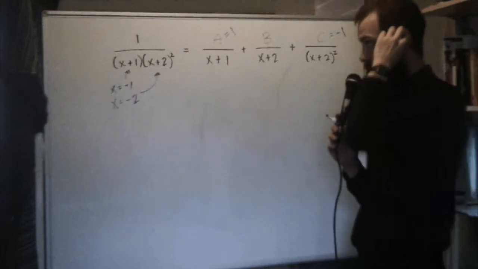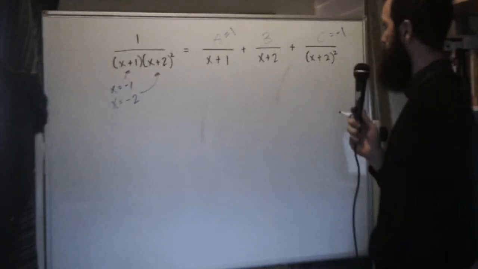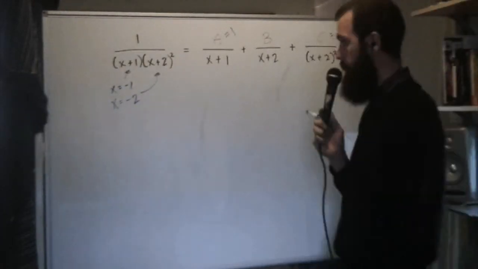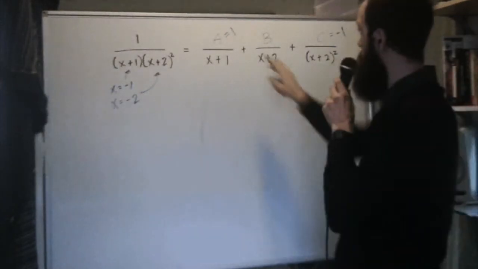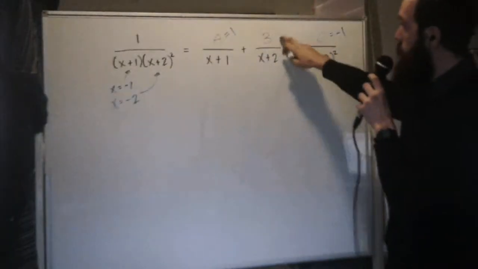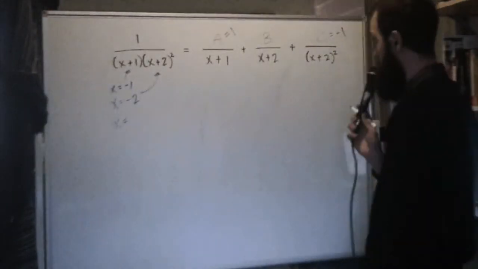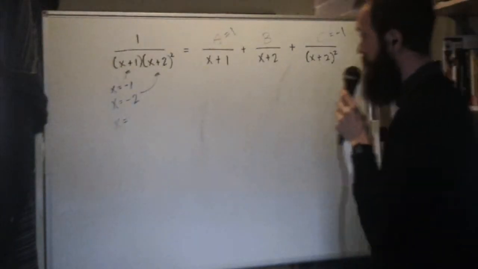We've got B left to solve for. We can't do the cover-up. Thankfully, that doesn't mean we have to expand everything out like the previous examples. Since we've solved for the other variables, we're only left with one unknown. We can just plug in any old x value and solve for B. So let's choose x equals 0 and